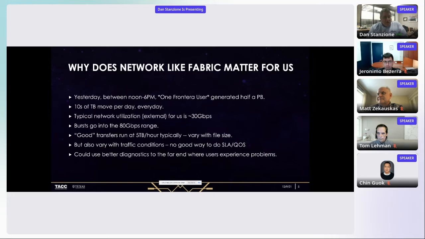Our typical network utilization, and by the way, if you filter out all the Internet2 to public internet filtering coming in and out of Texas, 60% of the research traffic via Internet2 in and out of Texas ends up at TACC. But our typical utilization is about 30 gigabits per second, and our bursts go into the 80 gigabits now with our current 100 gig feeds. We have good transfers that run at about 5 terabytes an hour if you're doing things right and the wind's at your back and you have a reasonable mix of file sizes. But they vary a lot